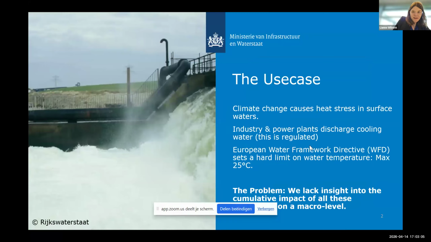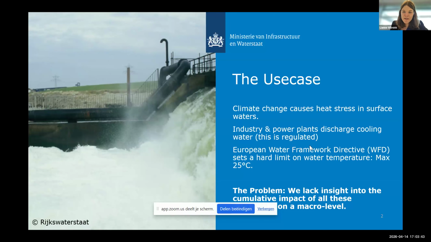So we have quite a challenge with climate change. It's making our waters warmer, and industrial cooling water discharges are an additional challenge adding to that. So we have a concern about the impact these discharges have on biodiversity and the surrounding environment. We want to know, can remote sensing help us understand these effects better? Currently, we lack a clear view about the cumulative impact these individual discharges have on the environment, and also on a national scale. So we want to see what's the impact on the environment, on the water, on the nature